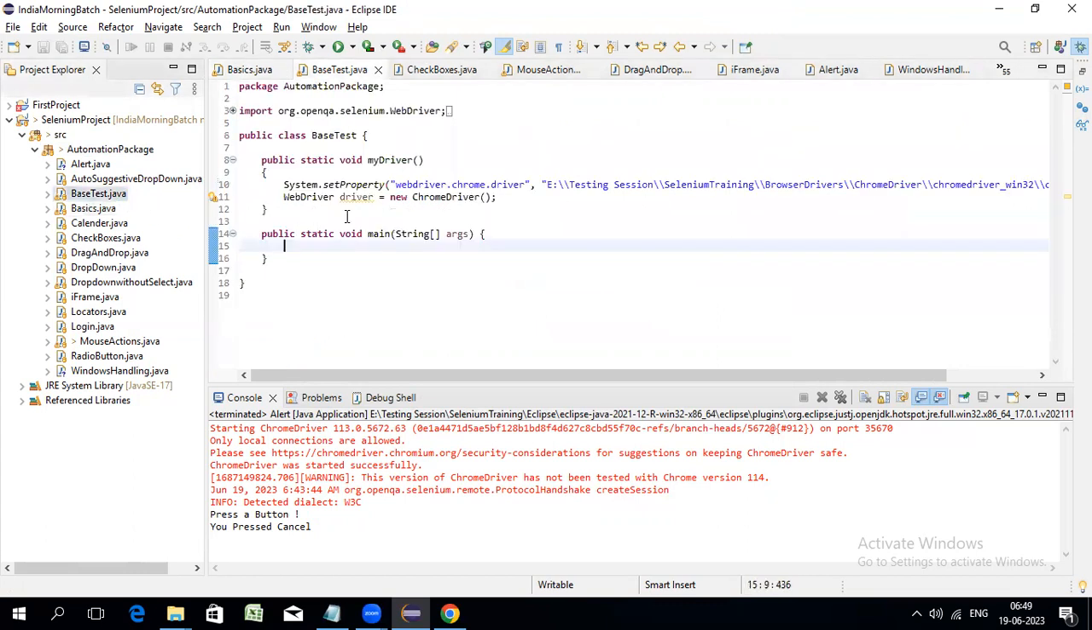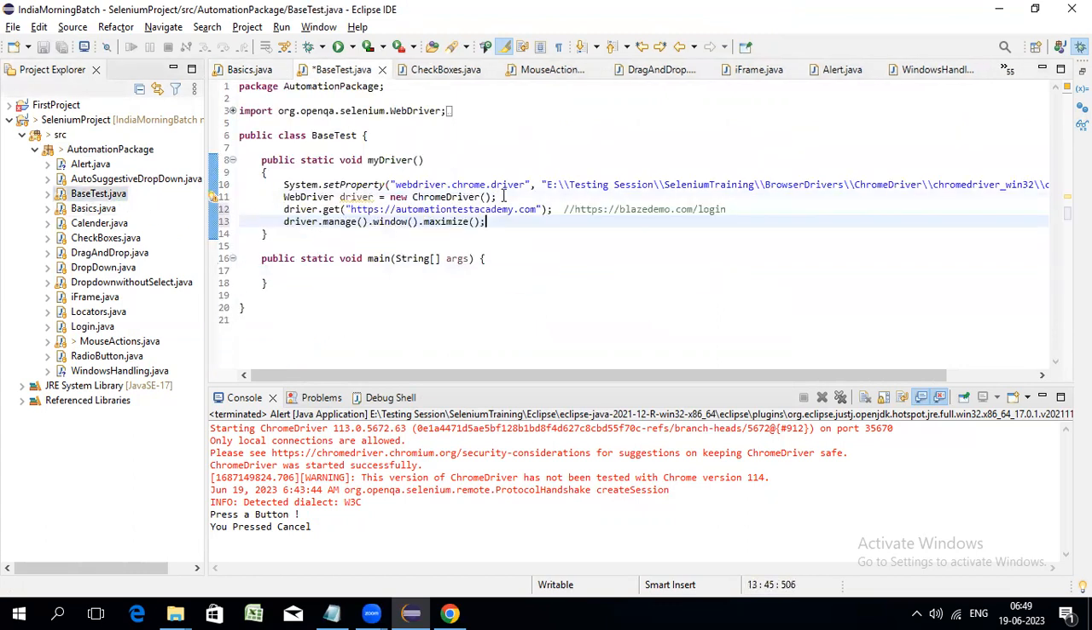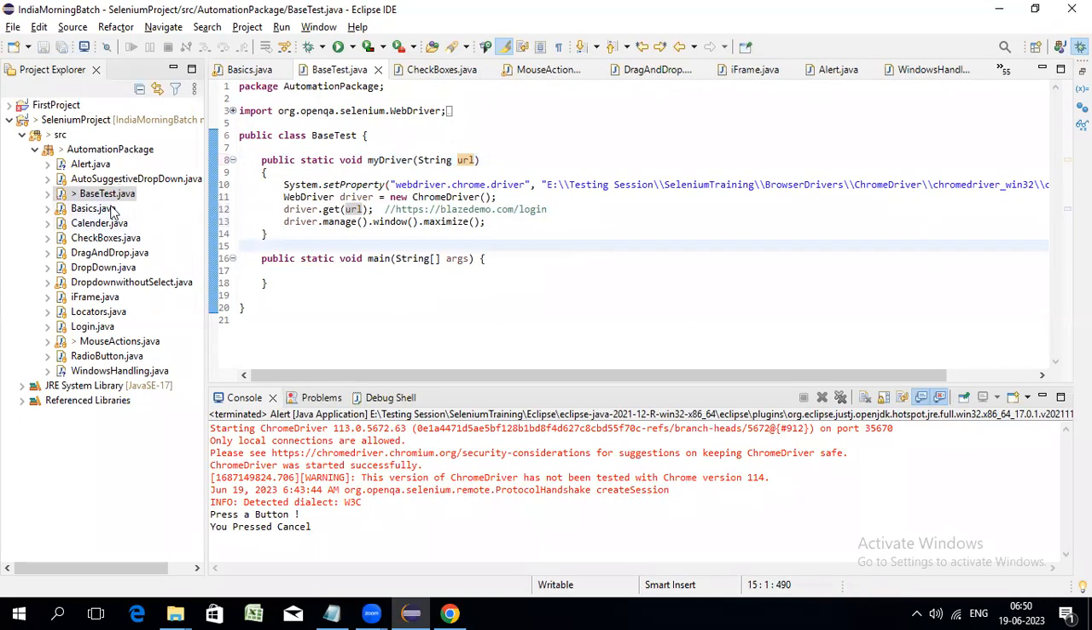So I go to base test. I can give it like this. The URL will vary, so I will pass it as a variable URL. Then here I will tell my driver to accept a string URL. Clear? So now whenever I write a class, for example, window handles,